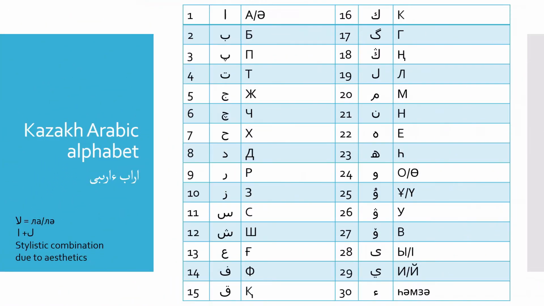Here is the complete list of unique letters in the Kazakh Arabic alphabet. There are 30 in total, 29 representing sounds, and 1 mark, the Hamza dot or Hamza nükte. A special combined form is notable. Lam and alif creates a unique shape orthographically, but it isn't a separate letter. Each letter has its name derived from Arabic. For example, the sound r is represented by ayn and is called ghain. In this course, we will not focus much time on these names, but they will be written on the top right corner of each letter slide for your disposal.